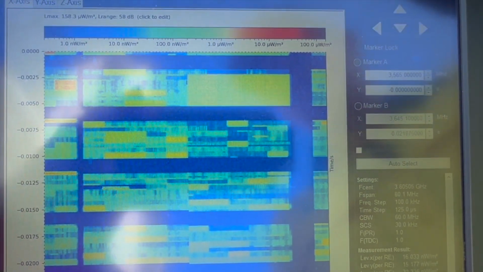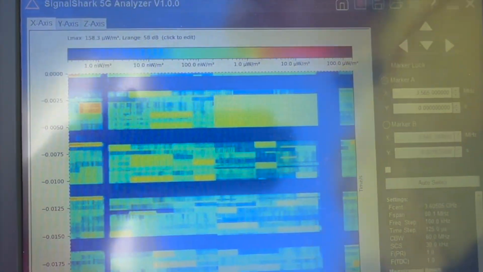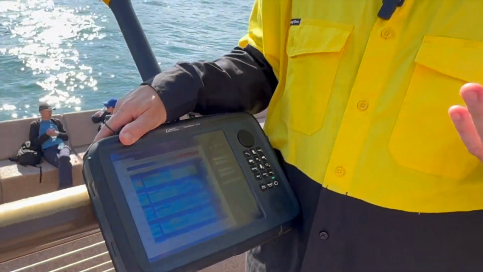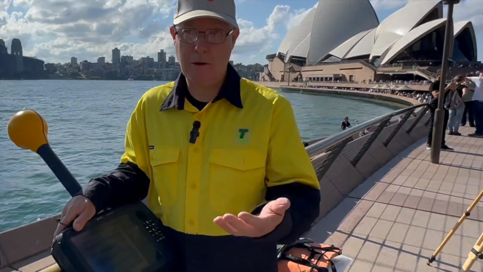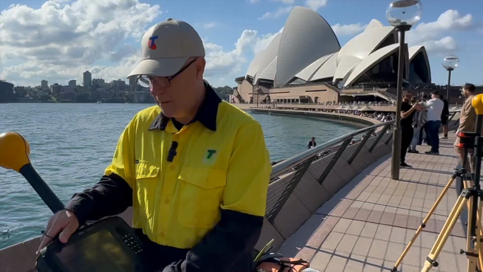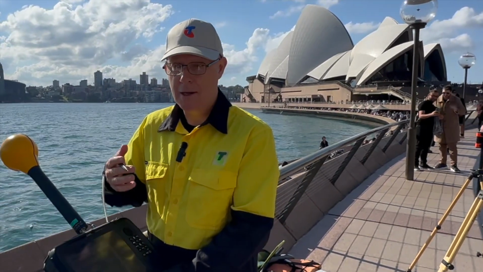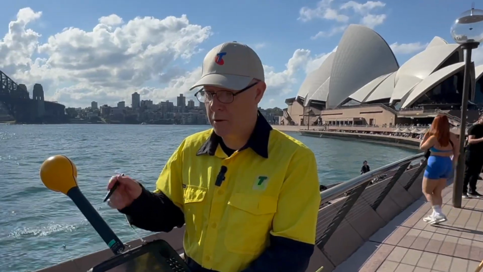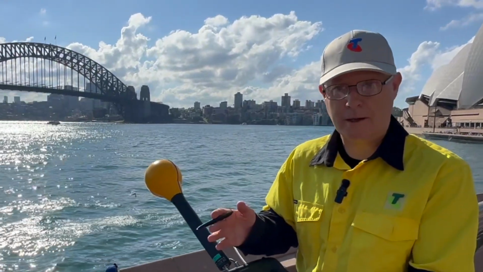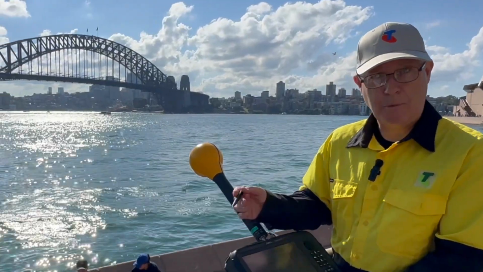So if you needed to go in and lodge the 5G levels from any of the mobile operators, from any of the carrier bands, this is a way to do it in a more detailed way. Now, that's quite time consuming, but if someone has a concern about your service, or you want to know what it is from a particular operator, that's the way to do it. The other way is to look at the channel power across